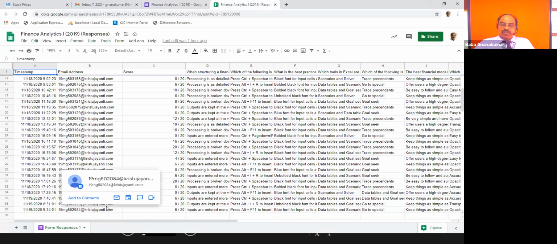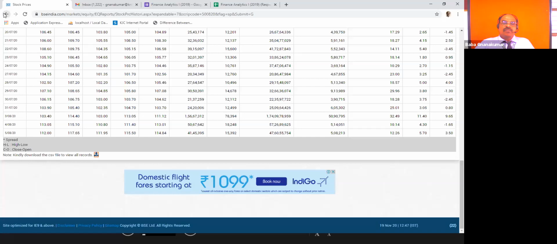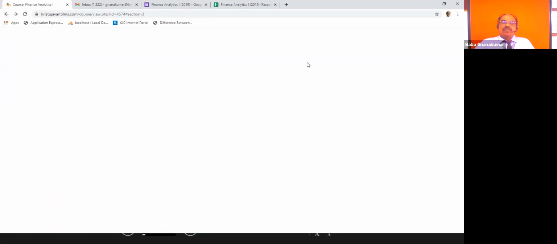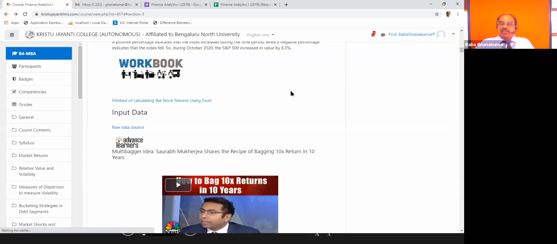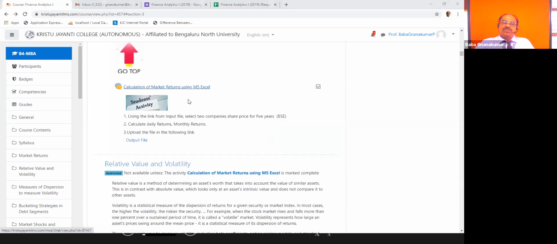Wait, I will show it in the LMS. You can immediately upload that. Okay, stock prices. In the LMS, you can see here, students activity, market returns using MS Excel. You can click the output file, it will open.